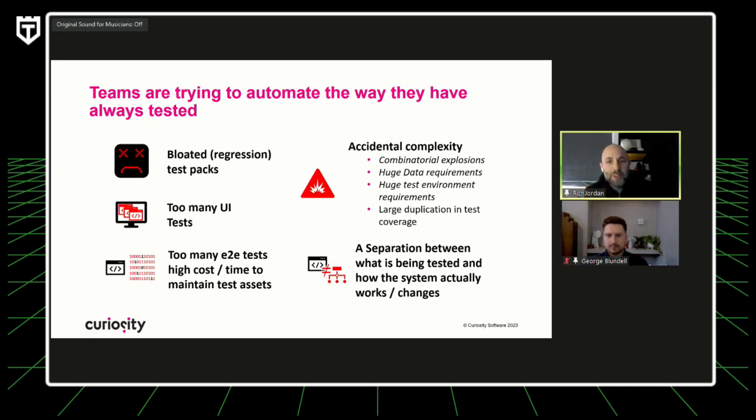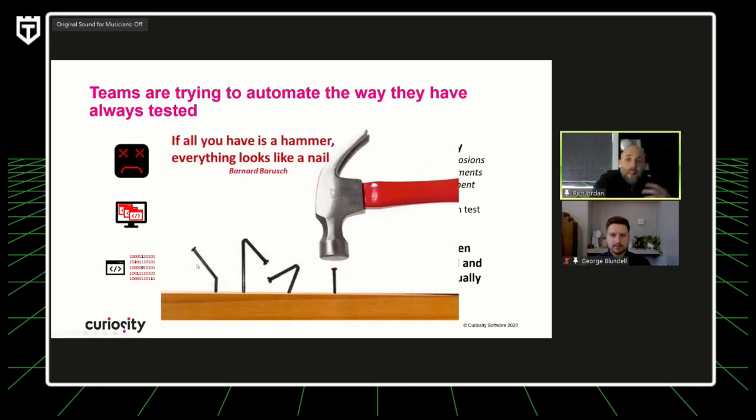All right. We're going to come on to this in a bit more, in a bit of a theory around managing that complexity. Fundamentally, by carrying on doing the same thing but trying to automate it, you've got this analogy that if all you've got is a hammer, everything is a nail, right? And actually we need to change up what we're doing in terms of our toolbox of approaching testing.